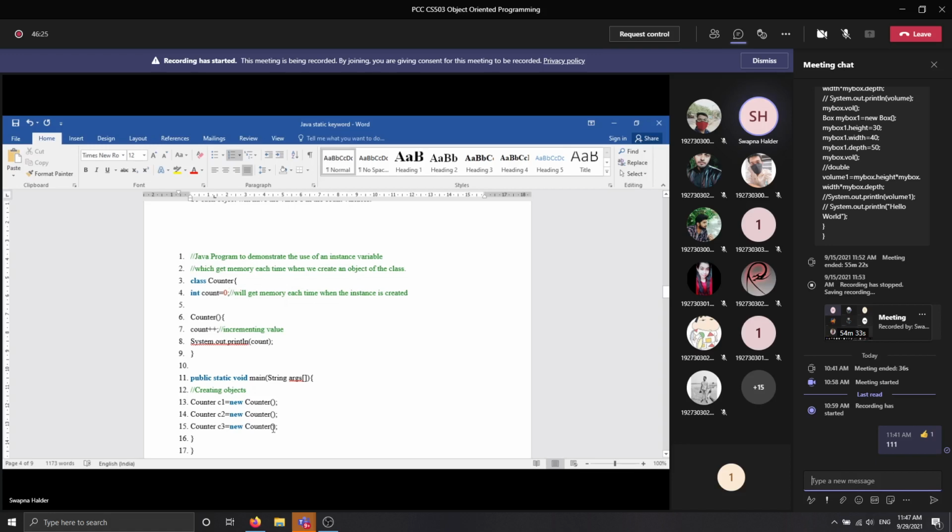And each time you create an object of this class, the same memory location will be accessed. So if you increment the variable value by 1, it will be reflected in your output. This is the utility of the static keyword.